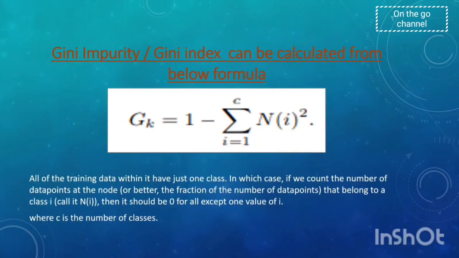All of the training data within it have just one class. If we count the number of data points at the node, or better the fraction of the data points that belong to a class i, call it n_i, then it should be 0 for all except one value of i, where c is the number of classes. So by using this we can